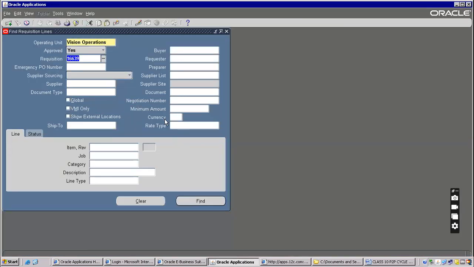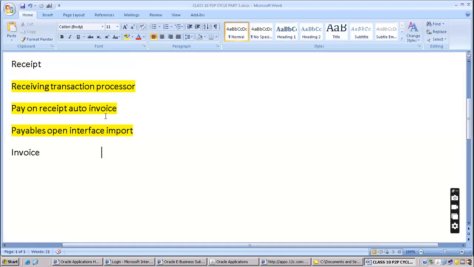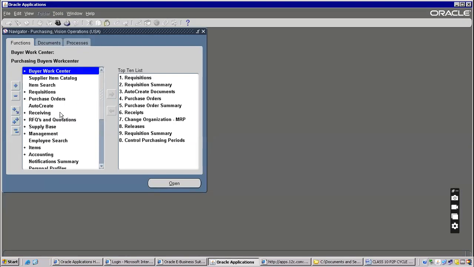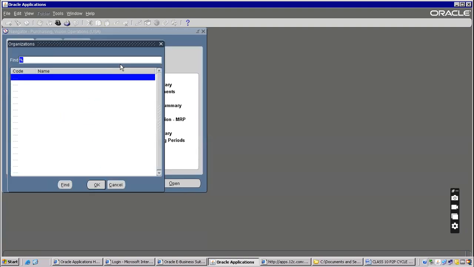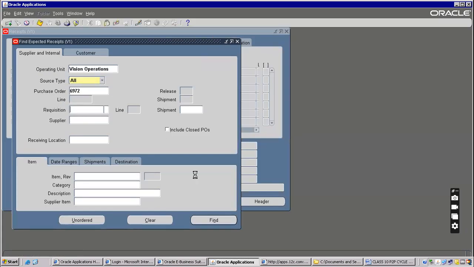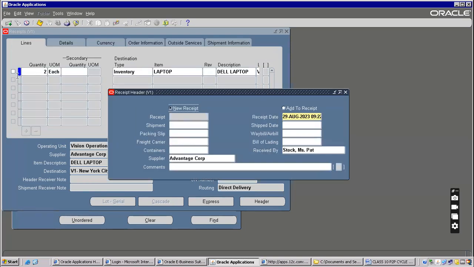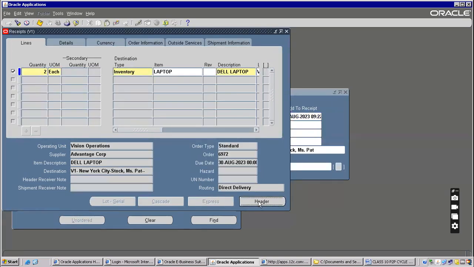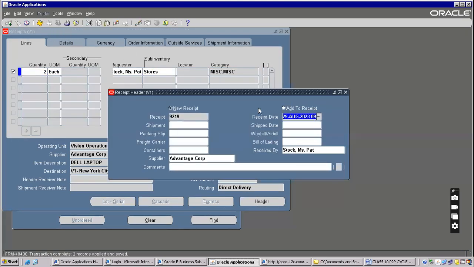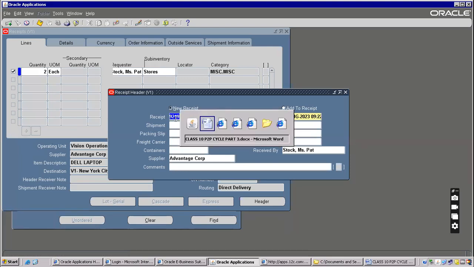Take this. After that, what next? Your PO number. You have to create a receipt here. Receiving, Receipts. Find here. Check the checkbox. Source. Save. Okay. So as soon as the receipt is created,